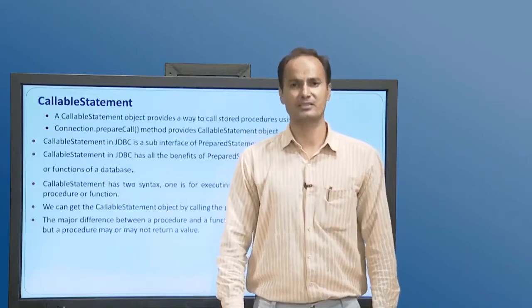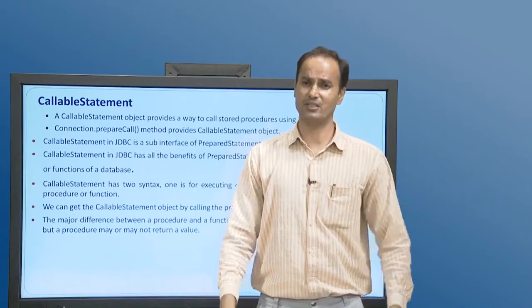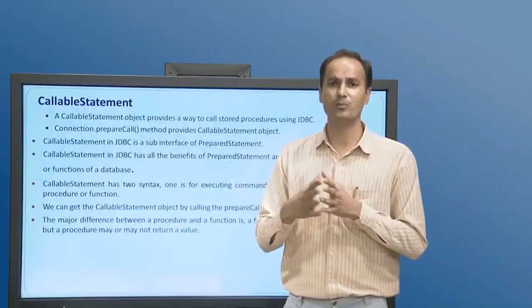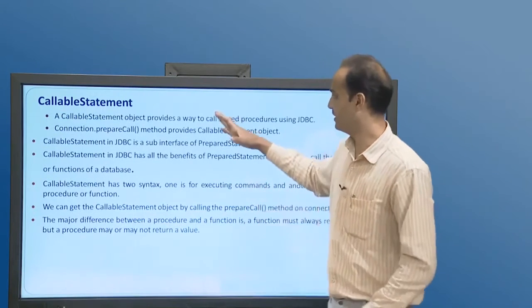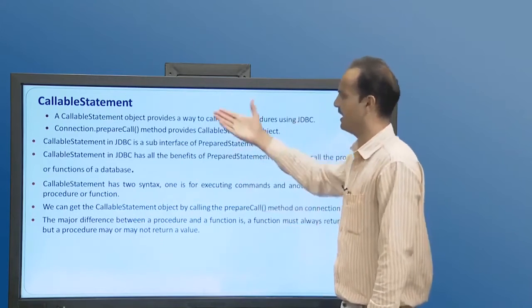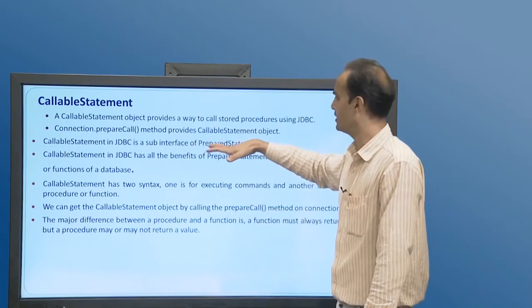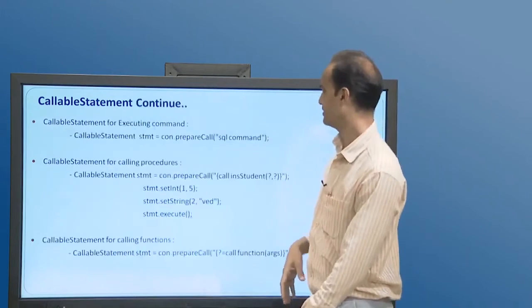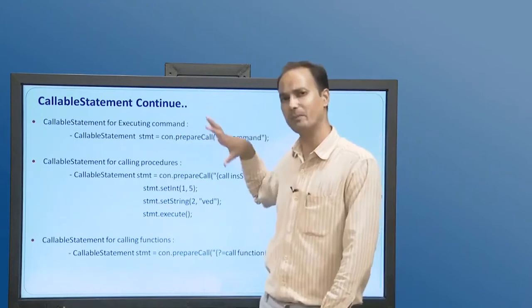Now, next is CallableStatement. The CallableStatement, as we already said, is a statement which helps the user to execute a stored procedure in a Java program. So, how do we create a CallableStatement? It has all the functionality of PreparedStatement, and apart from that, we can create it. See, how do we create it? The same way as PreparedStatement,